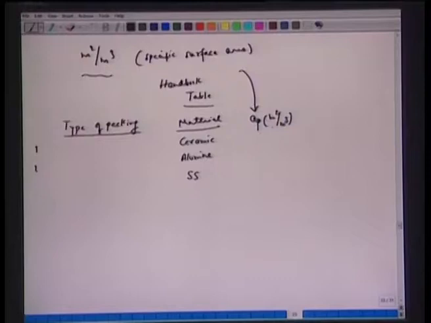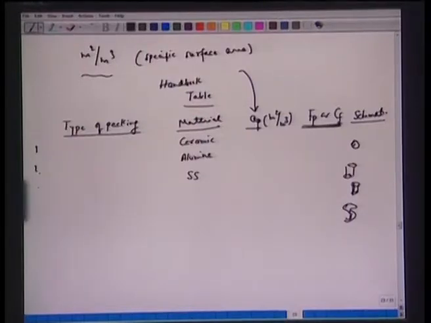Now this meter square per cubic meter is of course our engineering parameter, but very often manufacturers also supply another very common name, packing factor, FP or CF. So we'll talk about these parameters. They are used in some design calculations, etc. And then you will see a schematic of these packings, whether they are spherical, or Raschig rings, or Raschig rings with partitions, or Berl saddles, etc. So it's recommended that you go through these tables given in most of the textbooks.